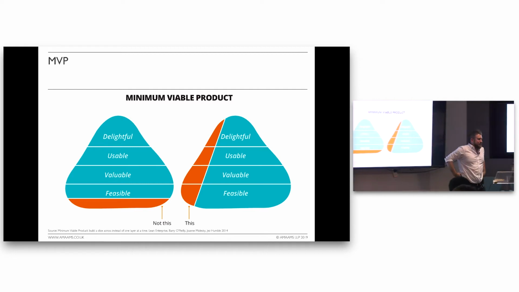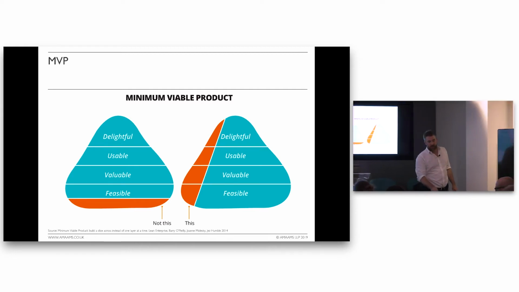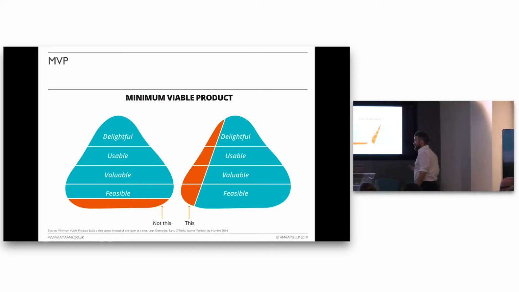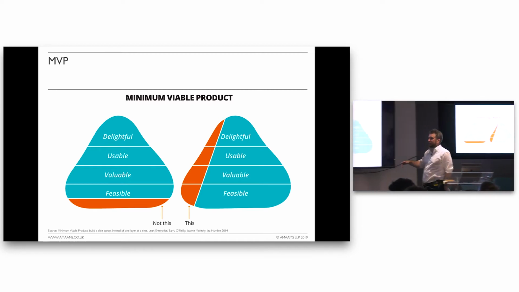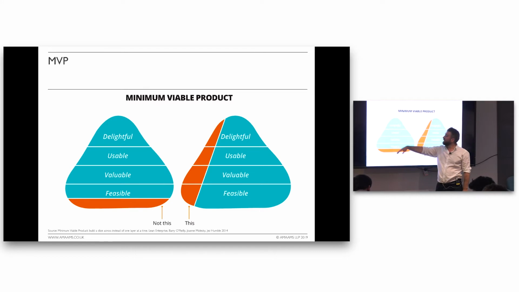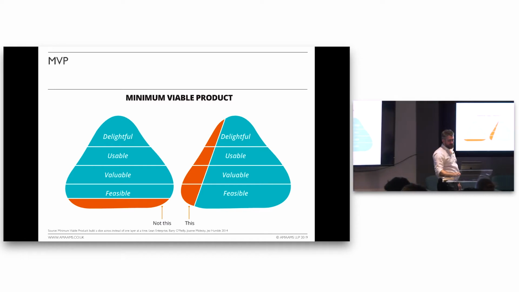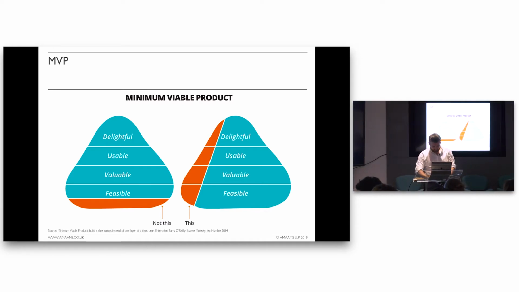And so when we're thinking about designing a machine learning system, the advice is the machine learning system is not the data science project that sits there and does nothing. It demonstrates it's feasible, but it's not valuable, not usable, not delightful, right? The MVP of a machine learning system is something that does a little bit of all of these things, right? And what does that mean in the context of what we've covered so far? It means that you need to have got through that CRISP cycle,